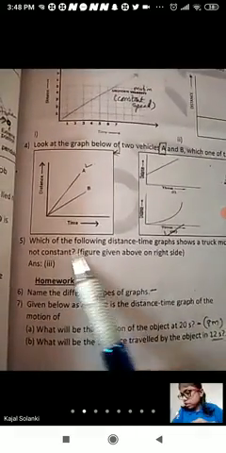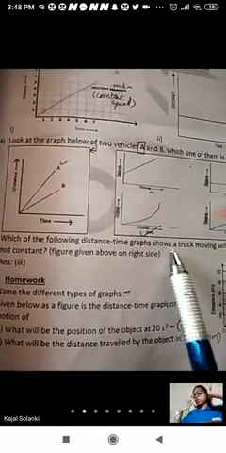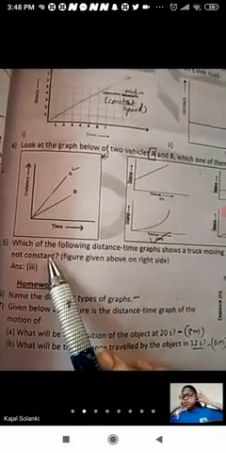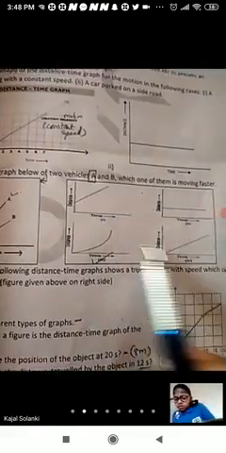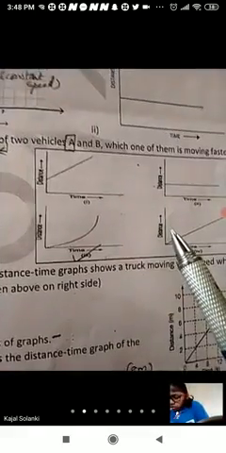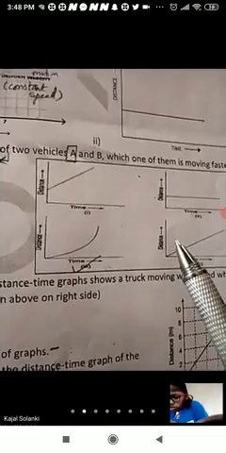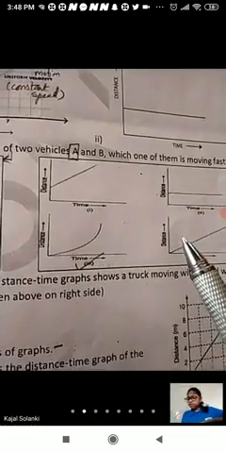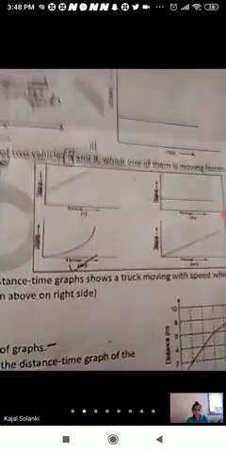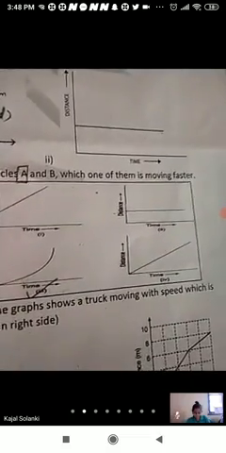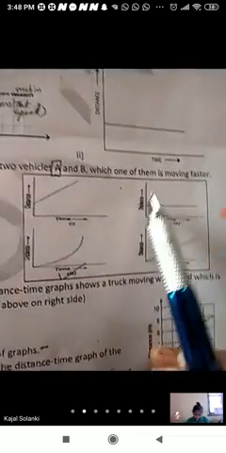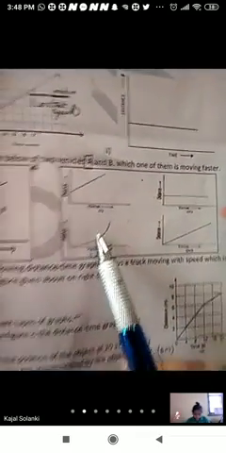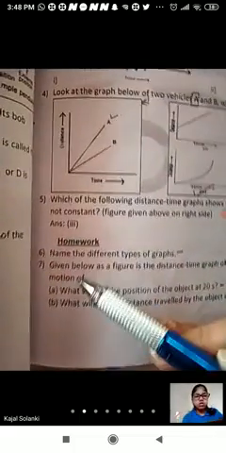Fifth one. Which of the following distance time graph shows a truck moving with speed which is not constant? तो यहाँ पे 4 फिगर दी है. Easily you can make out which one is not moving with a constant speed. थर्ड वन, क्योंकि वो कर्व है ना. अगर ऐसे स्ट्रेट लाइन आता है तो कांस्टेंट. ये तो पार्किंग वाला है पोजीशन, तो this one is the answer. ओके, from the homework part,